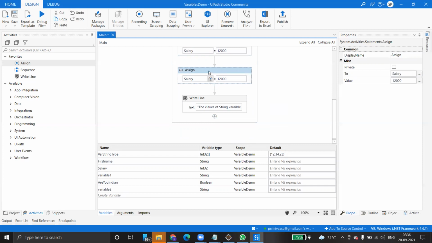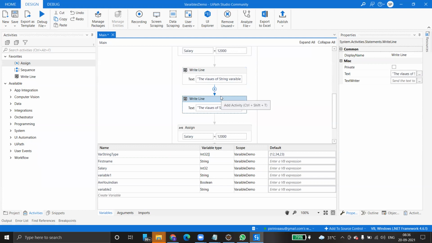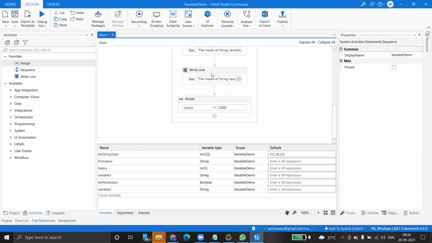And this one also, Control C, Control V. Just drop here. So this time the value, are you Indian? Yes or no, right? So I'm just going to delete salary.